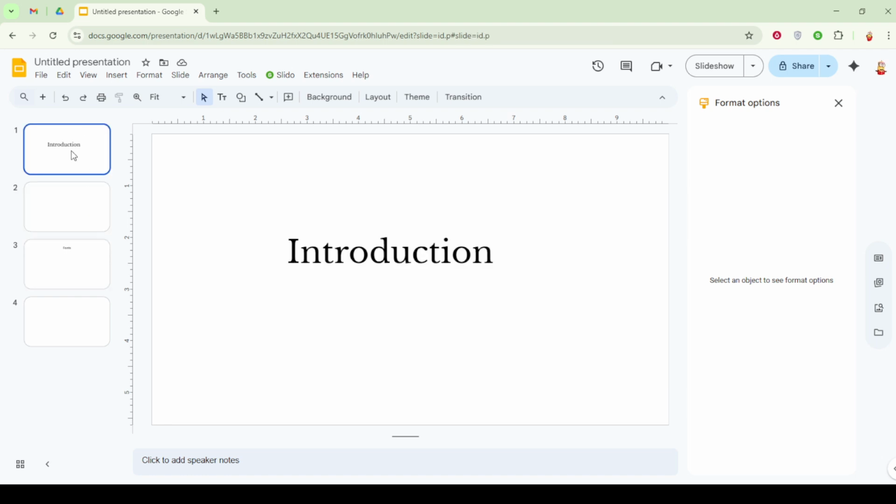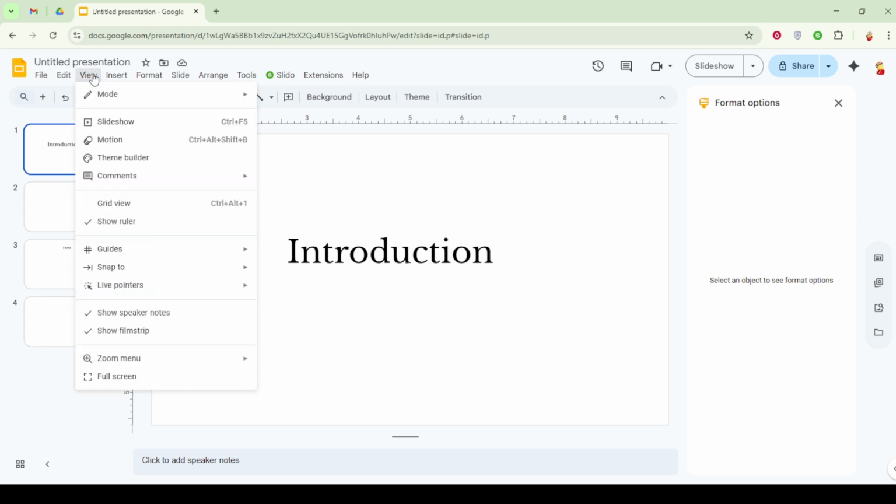You'll need to access the Theme Builder, a powerful tool that controls the overall look and feel of your slides. To do this, navigate to the top of your screen, find the Slide menu, and from there select Edit Theme. This action will open the Theme Builder, also known as the Master Slide. The Master Slide dictates the main design elements that will appear on all your slides, which is perfect for adding